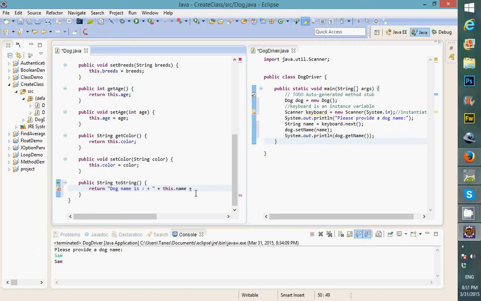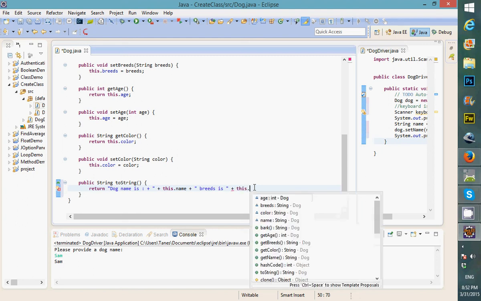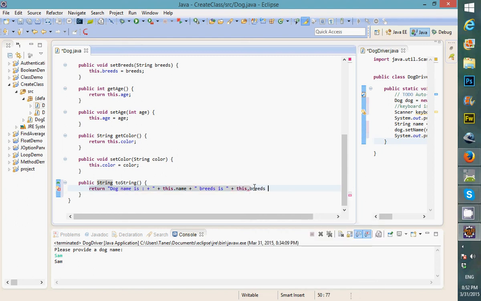This one is dog name is, so I'm going to keep going with breeds is, and I'm going to say this dot breeds, right,